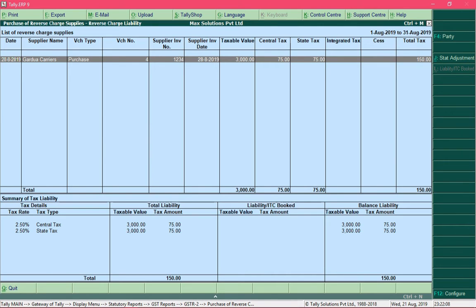For example, right now my total liability is 150 rupees, out of which if I pay 100 rupees as tax amount, then my net balance liability would be 50 rupees. So right now I did not pay any of the tax liability amount, that is why the balance liability is same as total liability. So once I pay the GST amount of 150 rupees, the balance liability fields would disappear.